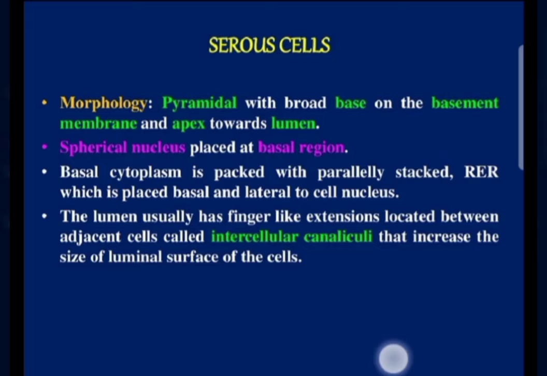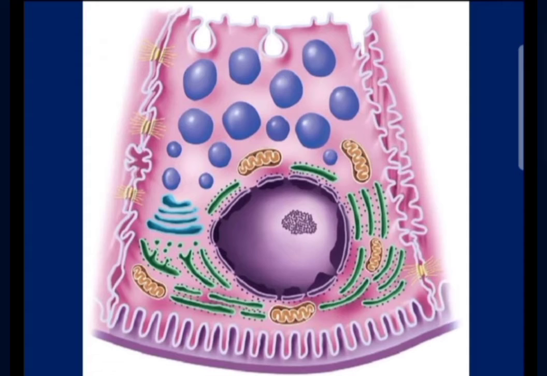The lumen usually has finger-like extensions located between the adjacent cells called intercellular canaliculi. This is a serous type of cell. You can see in the serous type of cell there are zymogen granules. This is a zymogen cell. So the upper portion of this type of cell is eosinophilic because of the presence of